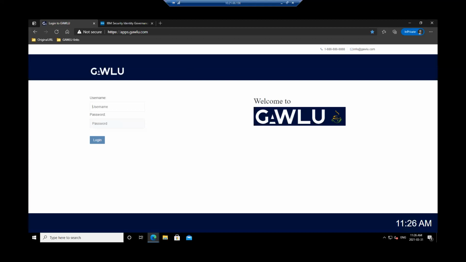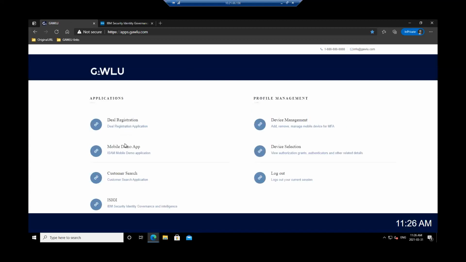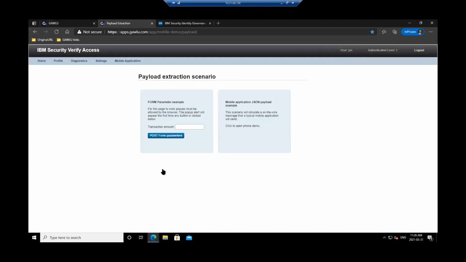Thanks, Derek. Now we're going to show how Verify Access extracts the context of a payment transaction and decides if two-factor authentication is needed based on the amount of the transaction. So let's go ahead and log in with our test user here, and let's go to our demo application. So the policy here is $1,000